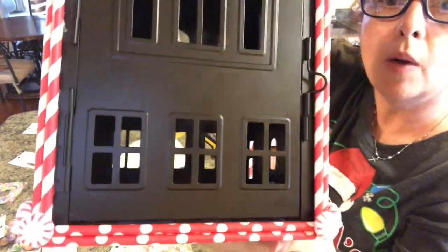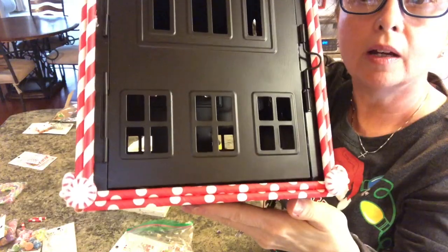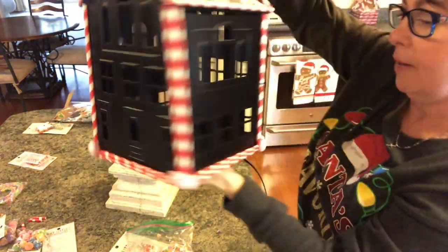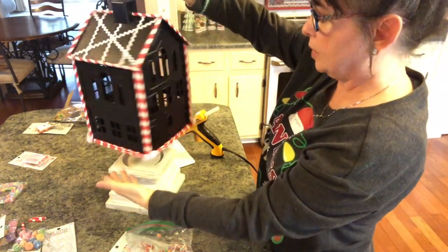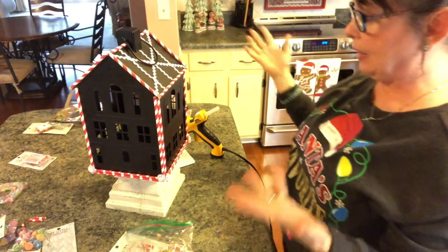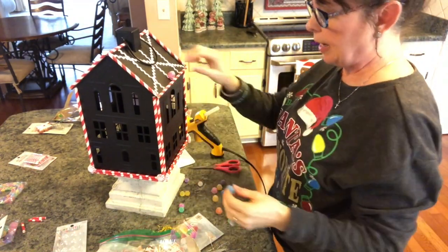Okay, this is what we're getting so far. It's kind of hard to see, but it goes all the way around like that. And I just have this on this little candle holder so that I can see and decide what I want to do. Okay, I think I've decided that I'm going to take these